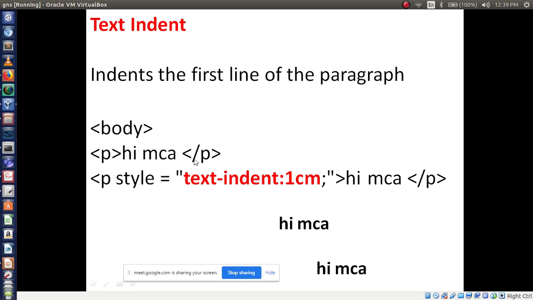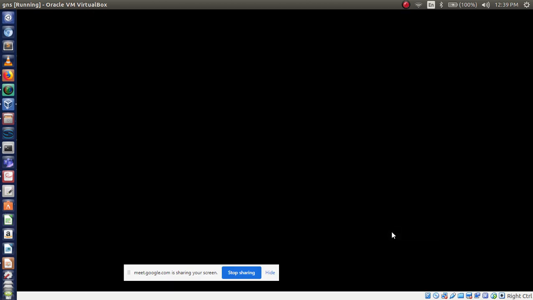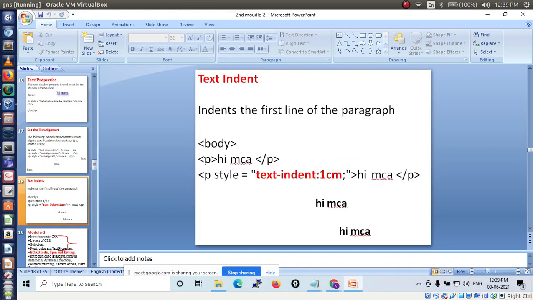Hi MCA will display normally. If I use text indent, I am mentioning the size 1 centimeter, so it will leave 1 centimeter of space, then print the message. That is Hi MCA. So this is what text indent is.